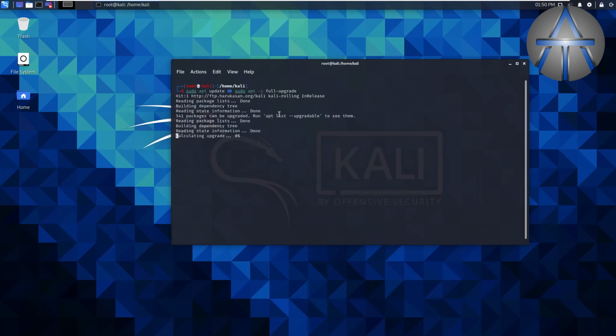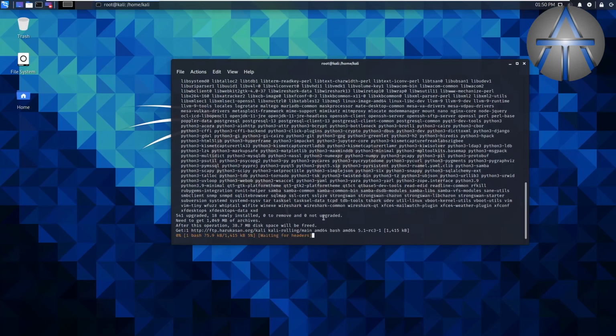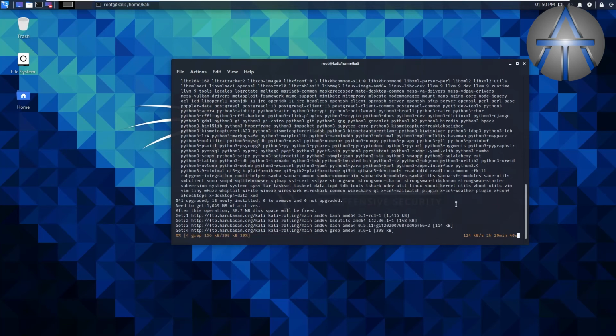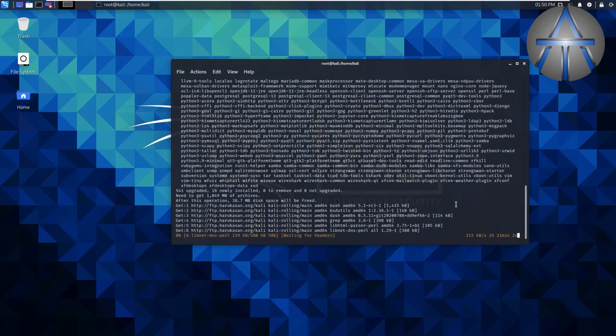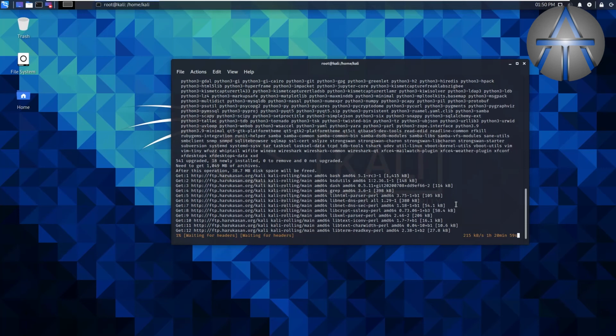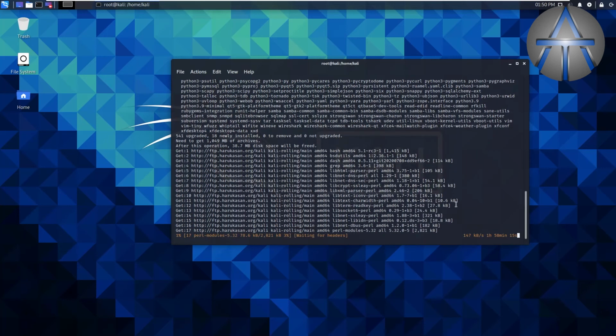So here the downloading will start. After downloading this update, we will check the version of Kali Linux and how many ways we can check the version of this Kali Linux.